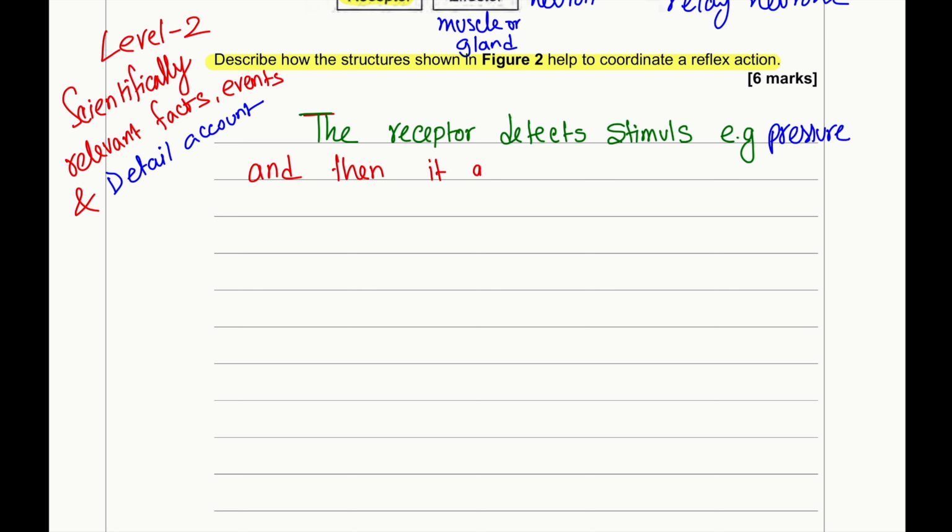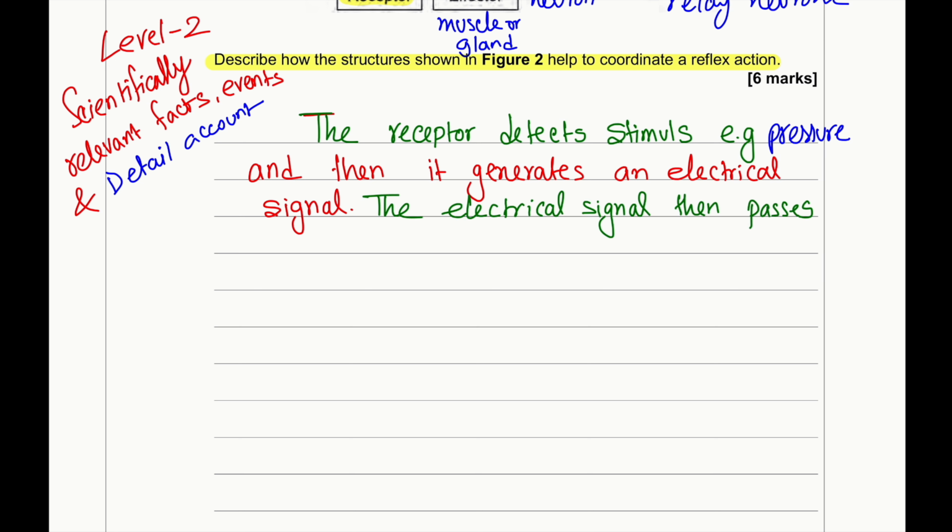We'll have to give a level 2 answer, meaning it has to be scientifically relevant facts, events, or processes, and then we must give a detailed account for it. So the answer can be written in this way. The receptor detects a stimulus, for example pressure, and the receptor then generates electrical impulses or electrical signals. Those